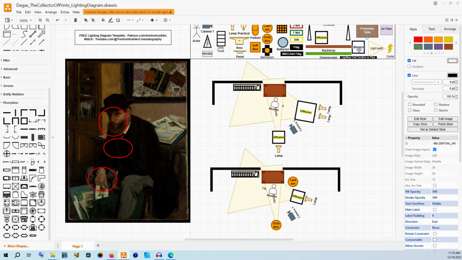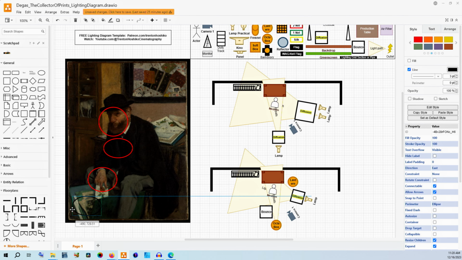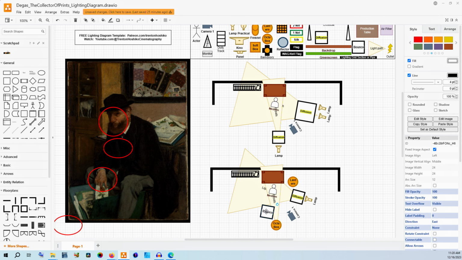And lastly, for both of these, if you need just a little bit more light under the eyelids and under the brim of the hat, you can take the bounce and put it just outside of frame. It would be just kind of down right at the edge over here, just outside of the frame. And you can bounce just a little bit more light back up into the face and onto the hand. This will have to be very subtle if you need it, because you don't want an incredibly strong reflection coming from right underneath. But that is something that you could do to add just a little bit more light back